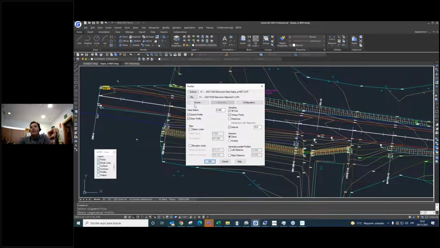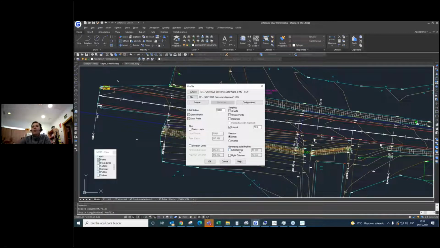We can tell the software how to cut the terrain, for example, all the cuts, or maybe a constant interval. For example, constant interval, but it's the same. And this is one useful thing.